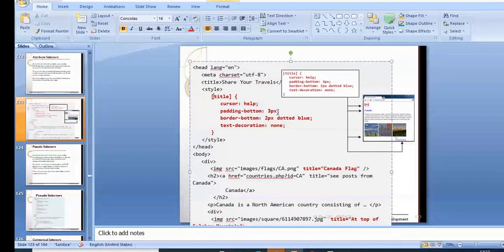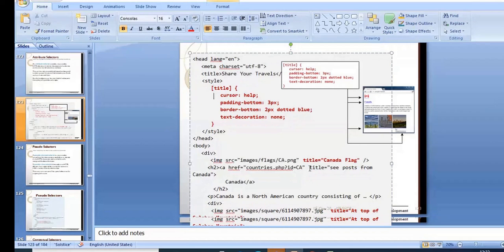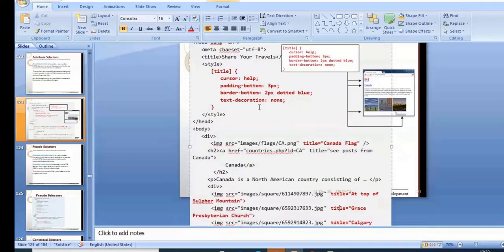And text decoration. It is going to apply this style wherever the attribute name is used. You can observe wherever it is used, 1, 2, 3. Wherever I am using this title, that is the attribute name, it is going to apply this style. Clear? Have you downloaded the textbook pages properly?